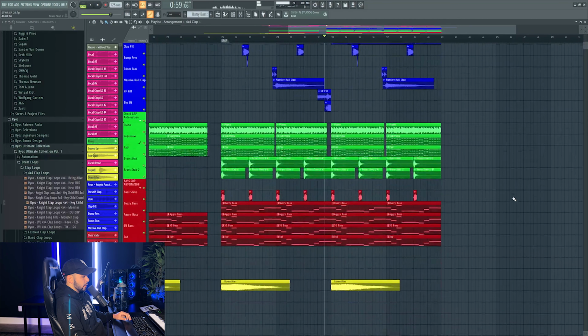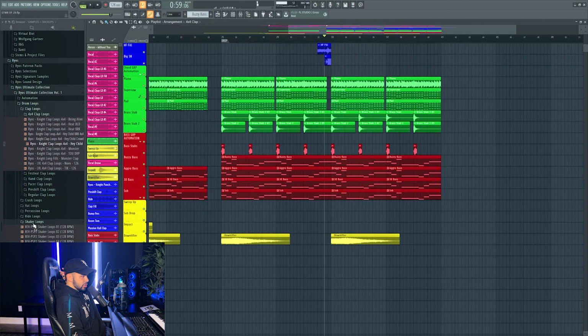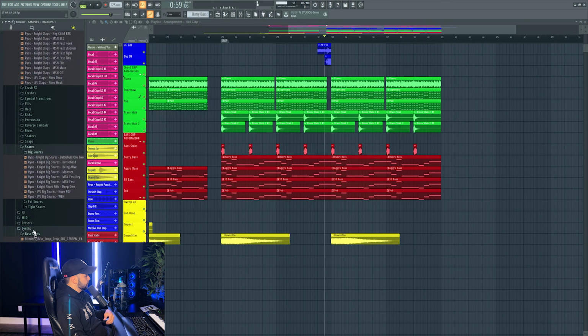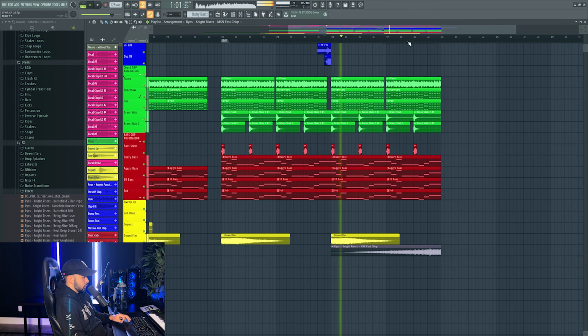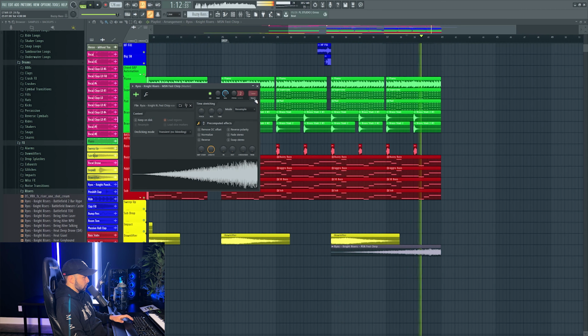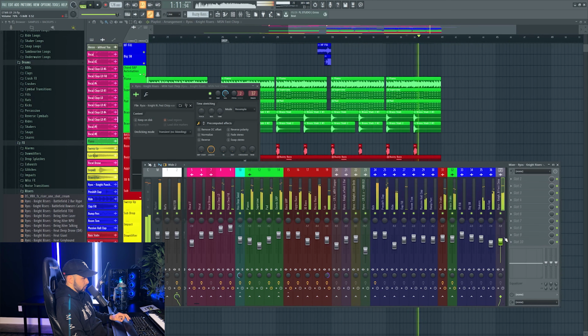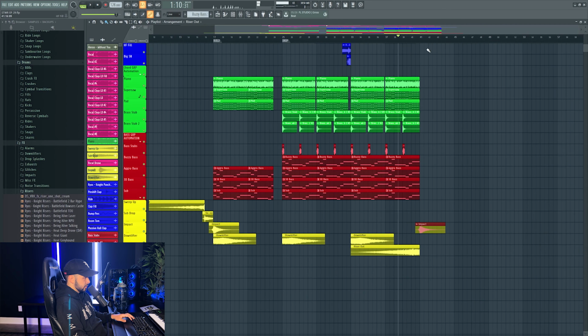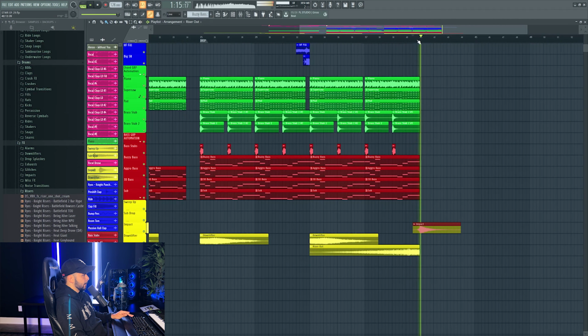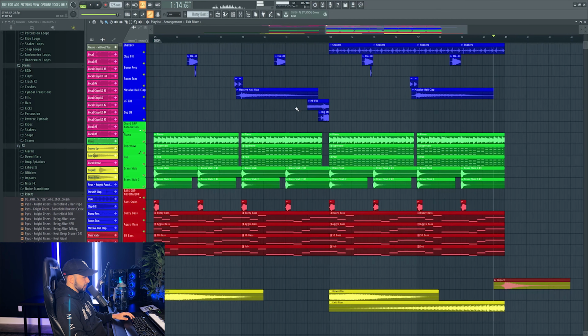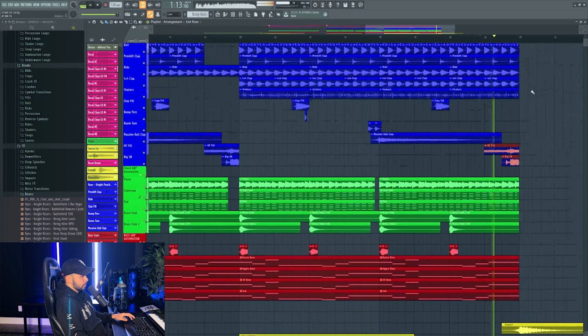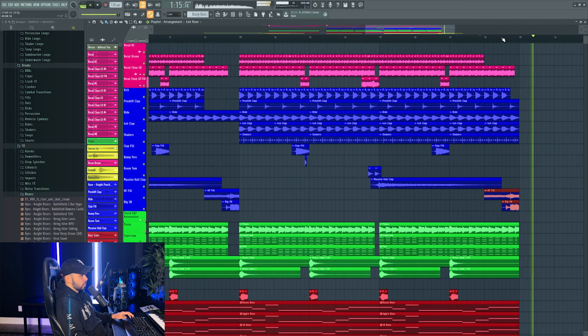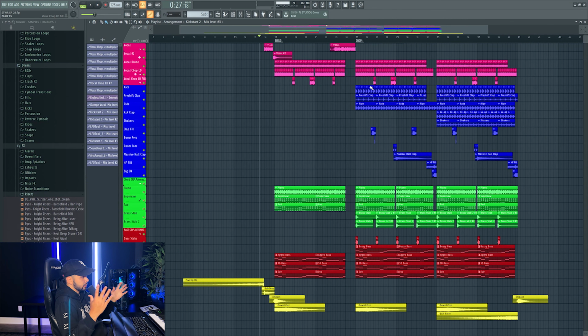All right, awesome. And then we do need a small riser to take us out of this drop. And then we can copy this impact over from earlier. And we should definitely have this big snare again, take us out of the drop. All right, so I think that's a good basis for the drop for right now.